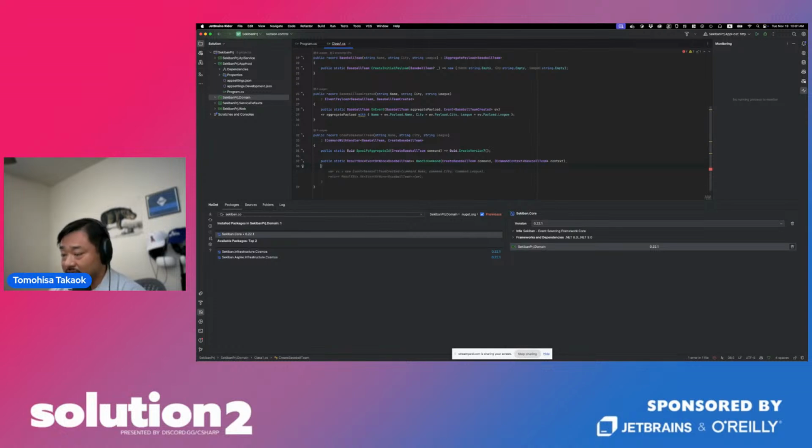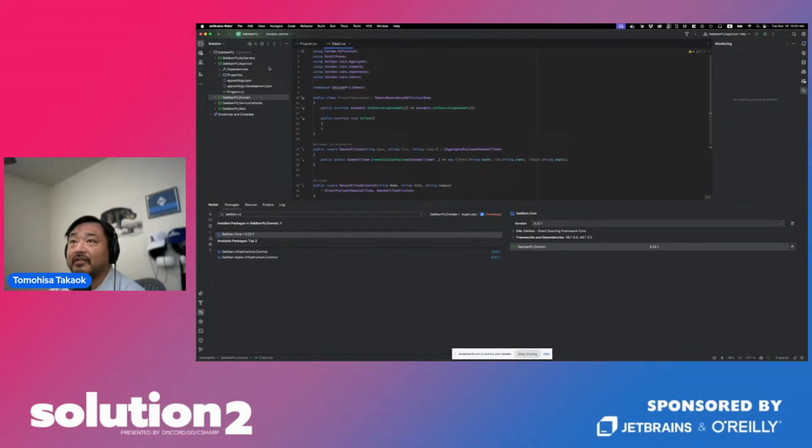And then this returns event or none event, and new baseball team created with command name, command city, command league. So that's simple event, command, and aggregate.